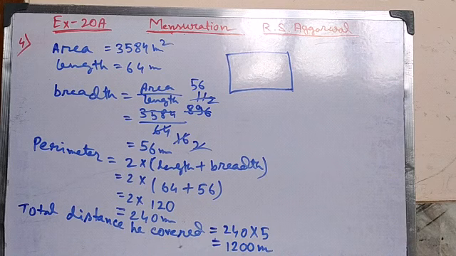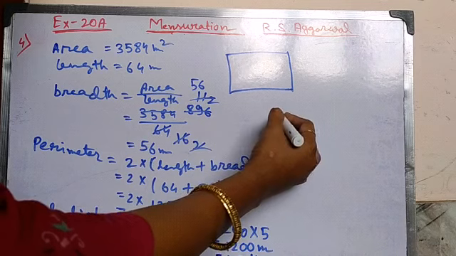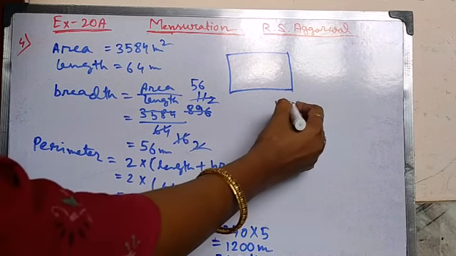Then we have to find out the time. That means 6 kilometer distance is covered in 1 hour. So for 1 kilometer distance, and this distance converted to kilometer, 1.2 kilometer. So 1 hour equals